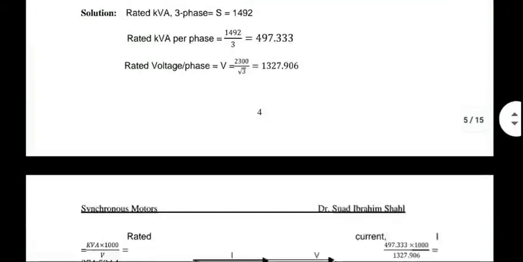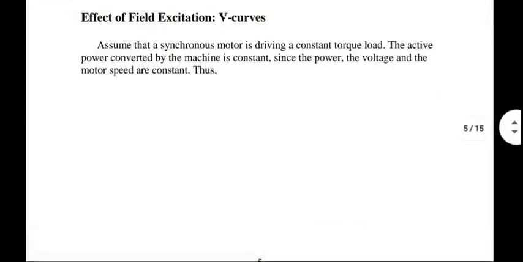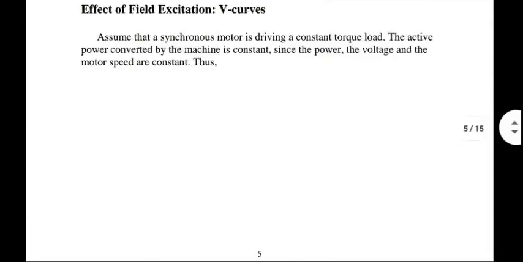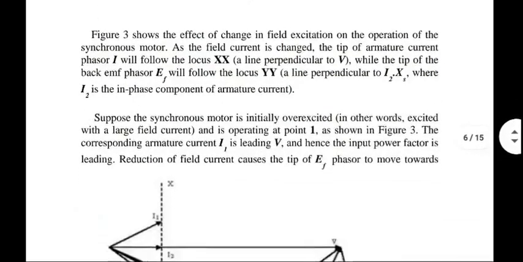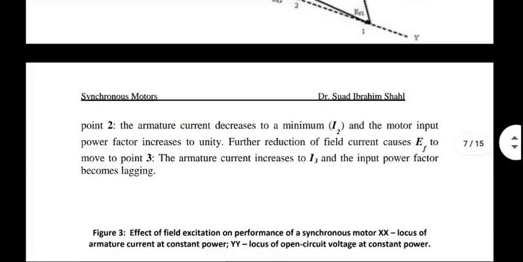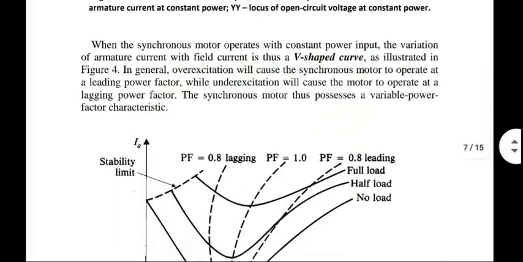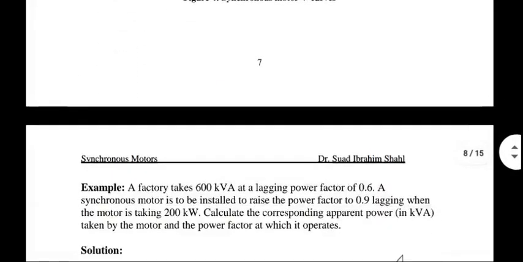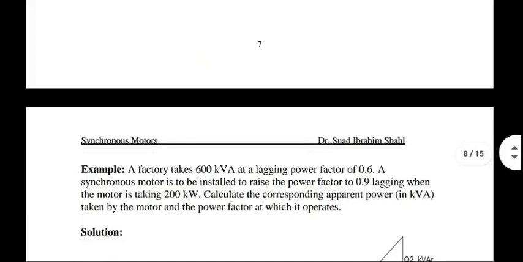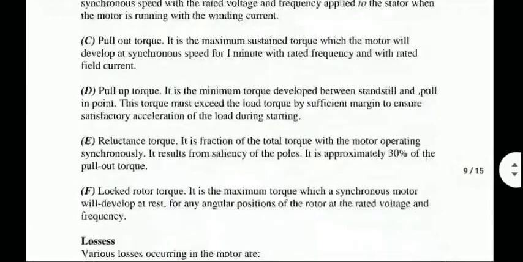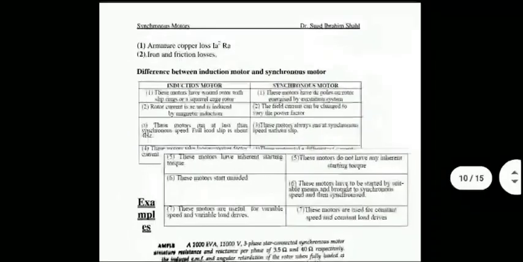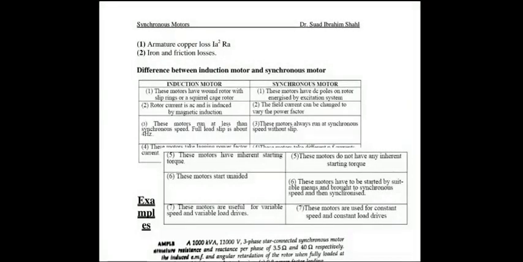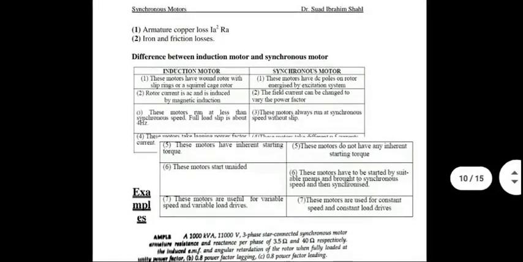Numerical calculations, we'll be doing them separately. I'm not doing it here. V curve, we have already seen in the previous document. A lot of equations for calculating torque, etc. I will be looking at them in my own notes. Okay, so let me move forward. V shape, inverted V shape characteristics are there. Methods of starting, we have already seen most of them in the previous document. This is something that I had included in one of my previous documents.